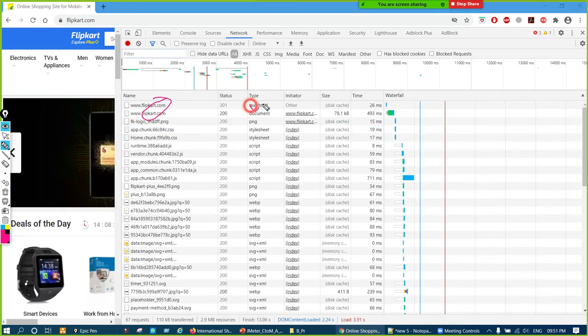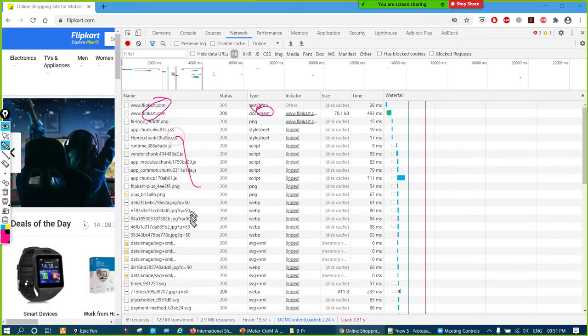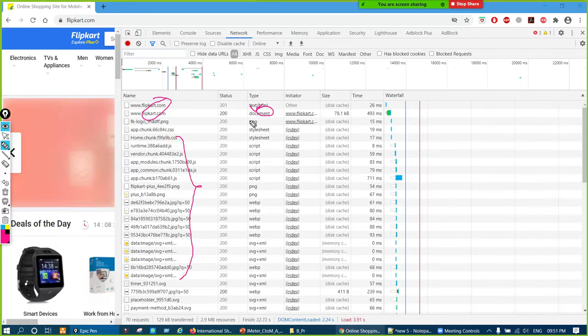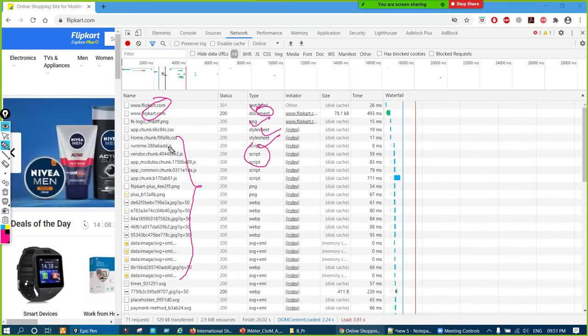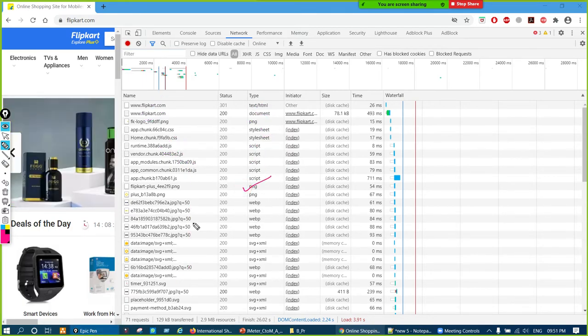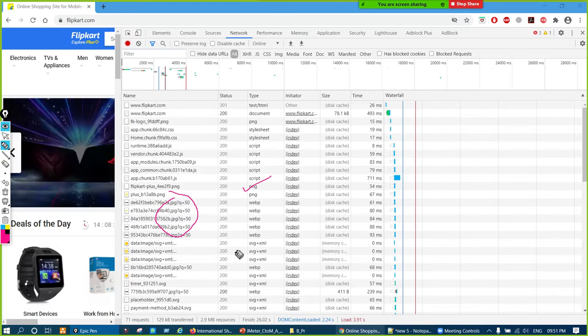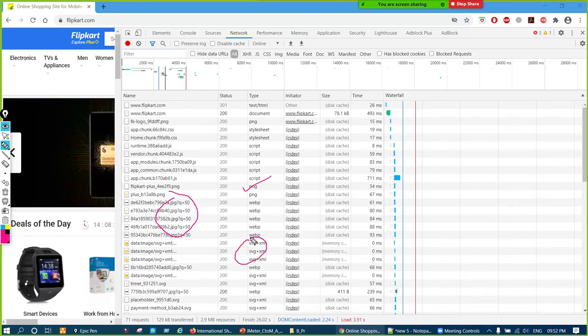Its type is HTML, text, or document we call it. Apart from that, all these requests are embedded resources, and if we see the types: PNG, stylesheet, script, meaning .js file. You can see the extension here, .js file, .js file, .js file, and again PNG. These are image files, and similarly SVG, which is also kind of an image only.